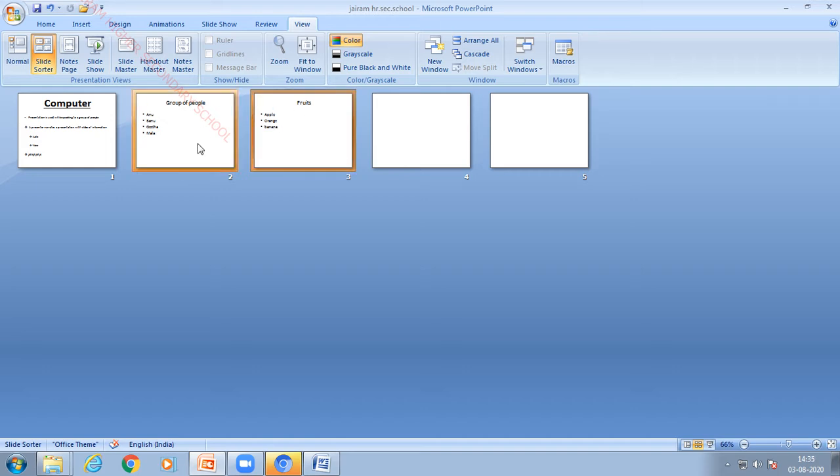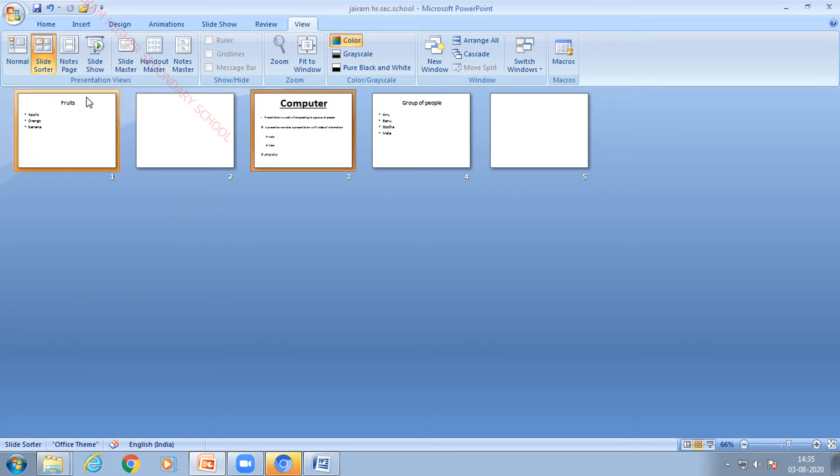First you have to select the required slide, then you have to change the position of the slide. So I am going to change to 4th position. Just you have to hold the slide and drag where you want. Can you see here now? So this is the way you can reorder the slide with the help of slide sorter view.